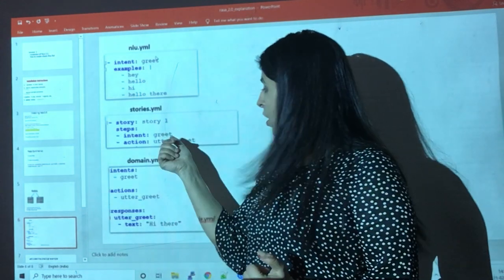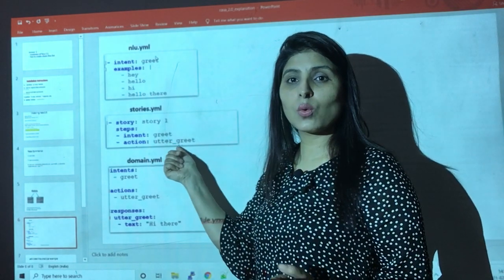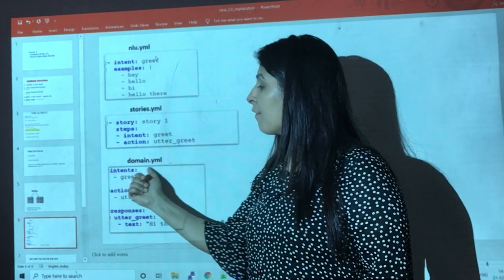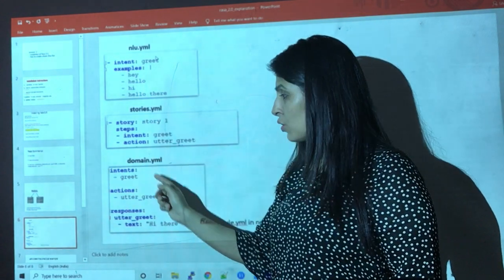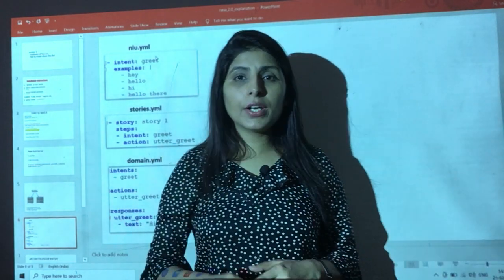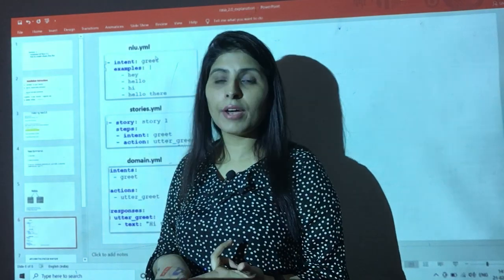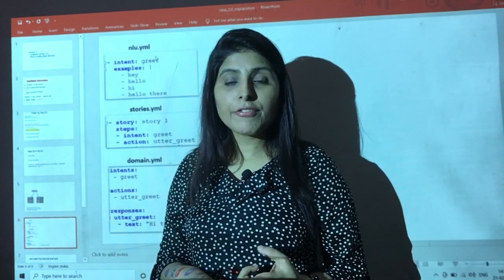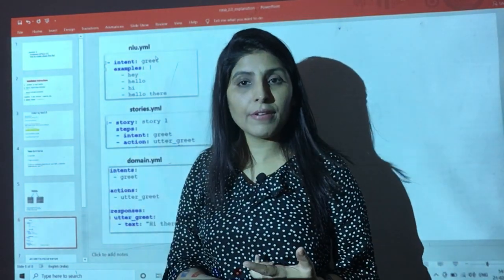Now, what is there in this particular answer? What is written in this particular answer? That thing we define in the domain.yml file. Okay, so over here you can see in the domain.yml file you have to list down all your intents which you have created, and you have to list down all the actions which are under the stories.yml file, right?